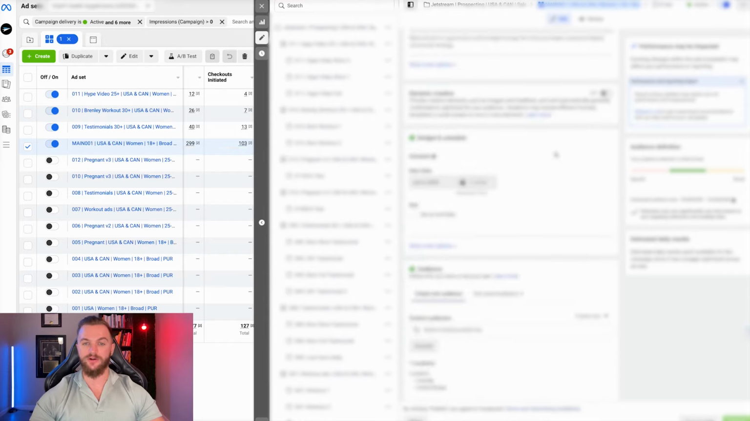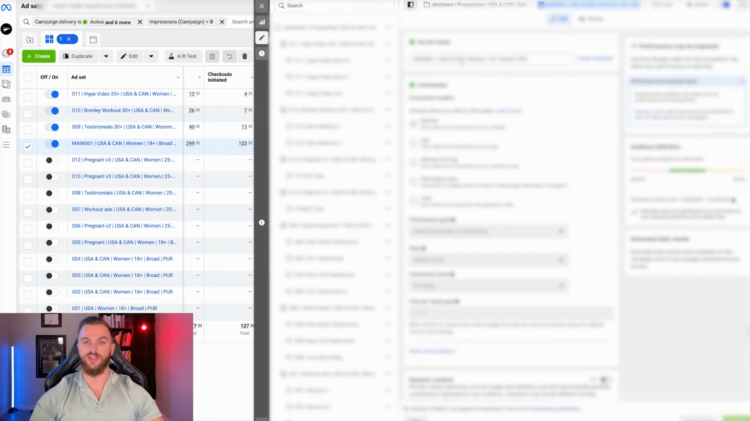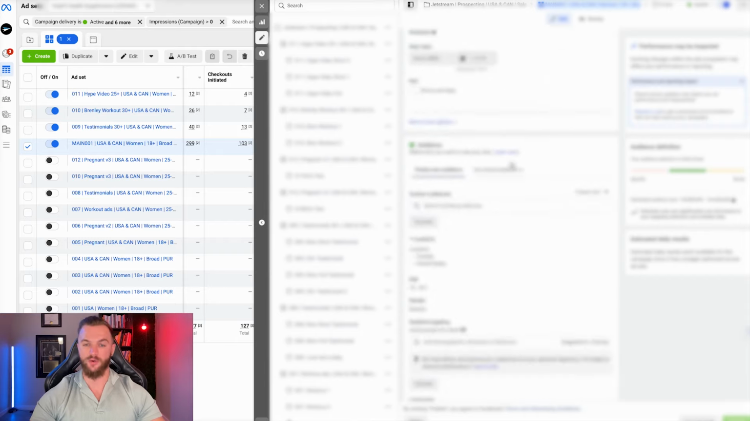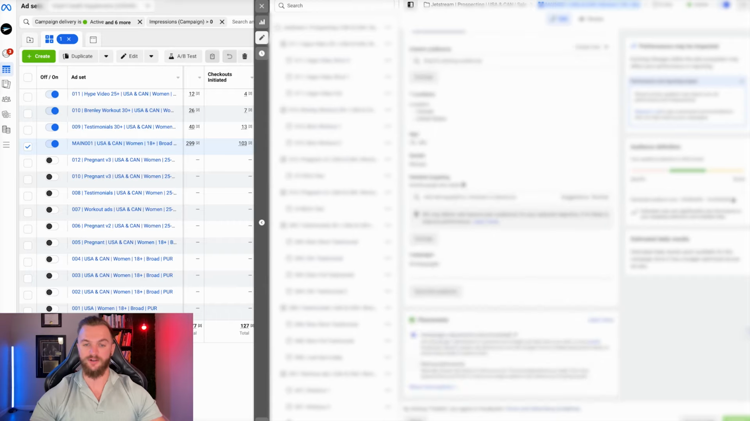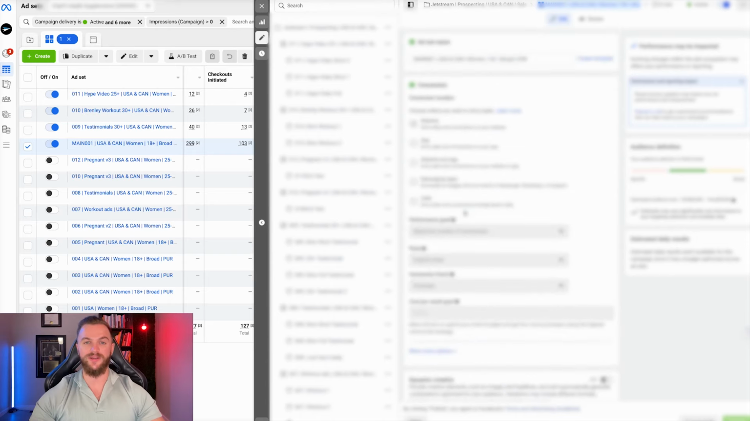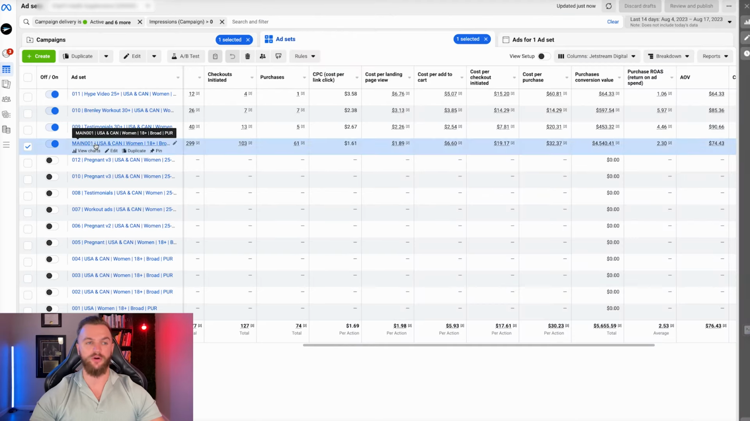All that we're doing here is, again, we're targeting USA and Canada. We're targeting women 18 plus, and we're doing broad targeting. So that means we're literally doing no detailed targeting. We're doing advanced placements, no interests, nothing. All we're doing is letting the ad actually filter that down and show this ad to people that are engaged